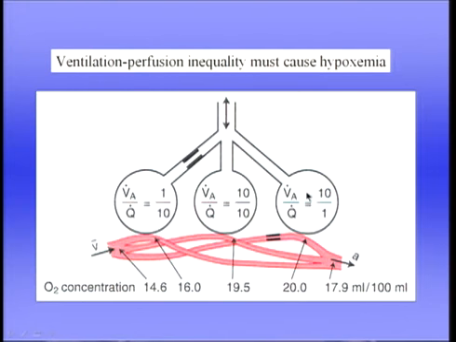When we go up to a high ventilation-perfusion ratio, the increase in oxygen saturation can only be 2 or 3%, and therefore the increase in the oxygen concentration of the blood is not very much higher than that of the normal unit. And so you can see immediately that the high ventilation-perfusion ratio units cannot possibly make up for the low ventilation-perfusion ratio units, and that's why in the case of oxygen there must be hypoxemia in the presence of